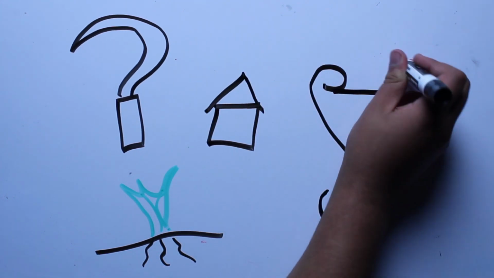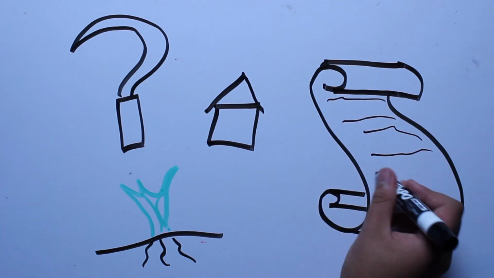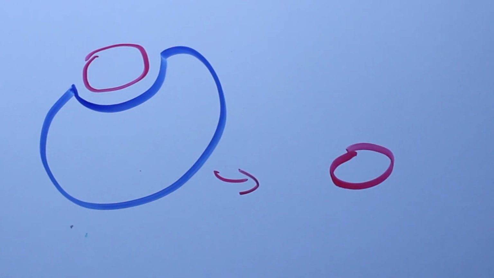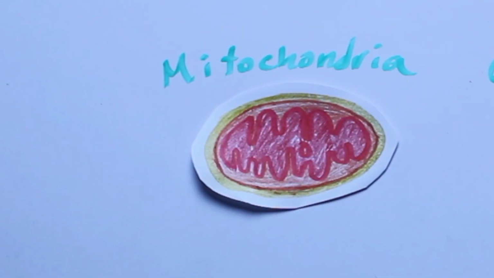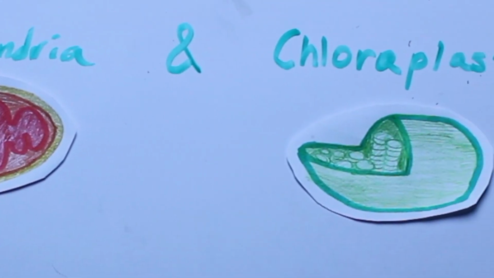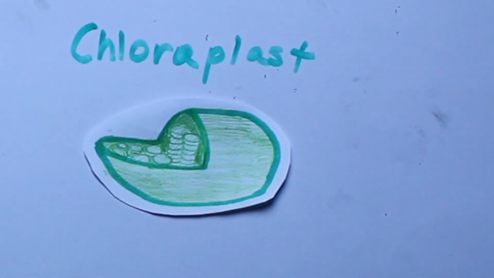Can the endosymbiotic theory be compared to an event in history, say like the Neolithic Revolution or even the Declaration of Independence? In the endosymbiotic theory, a large prokaryote engulfed a non-photosynthetic prokaryote and a photosynthetic prokaryote. The non-photosynthetic prokaryote became what we call mitochondria.